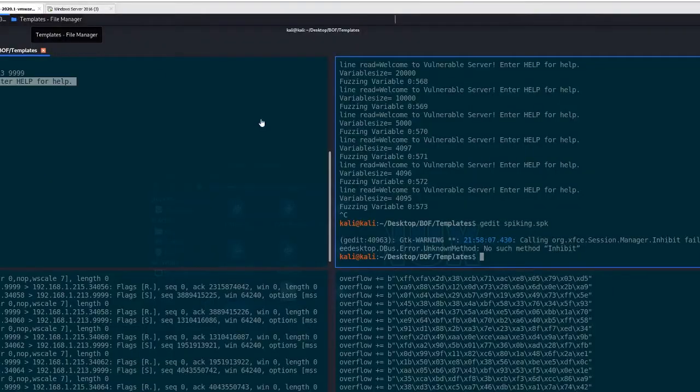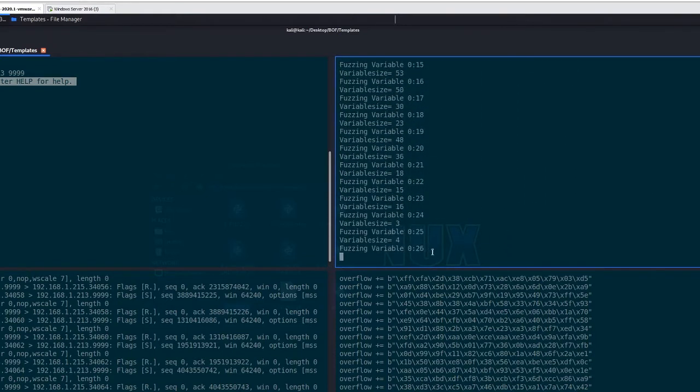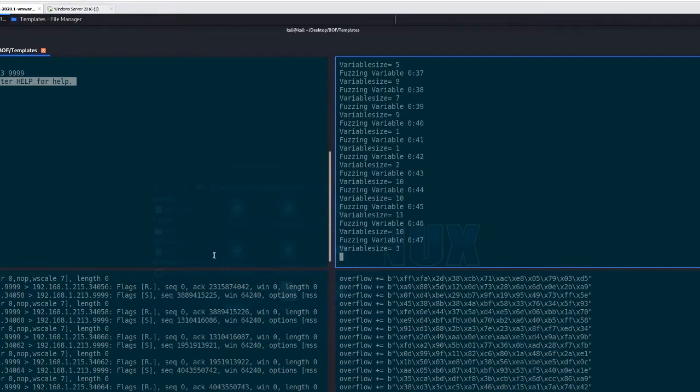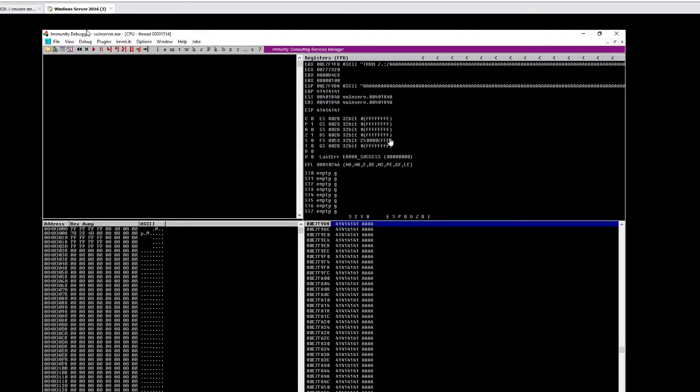After you've attached it to VulnServer, you need to press play, and you can see that the program is now running. I'm then going to come back to Kali, and I'm going to launch this. As you'll see, that's now sending those TCP packets across on port 9999 containing the TRUN field,